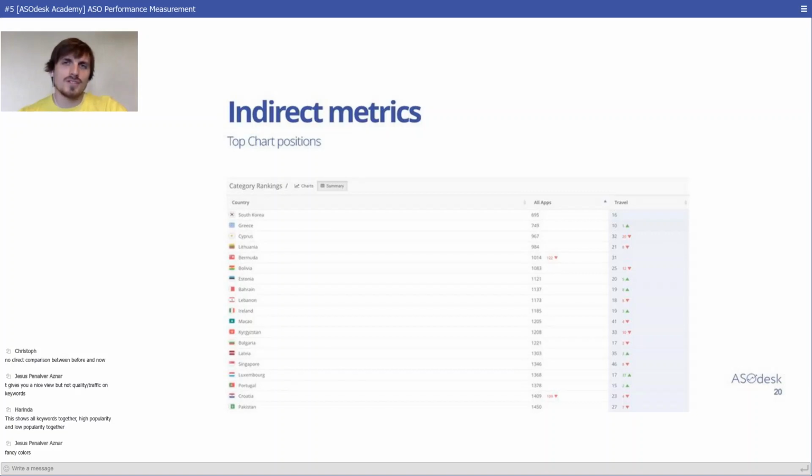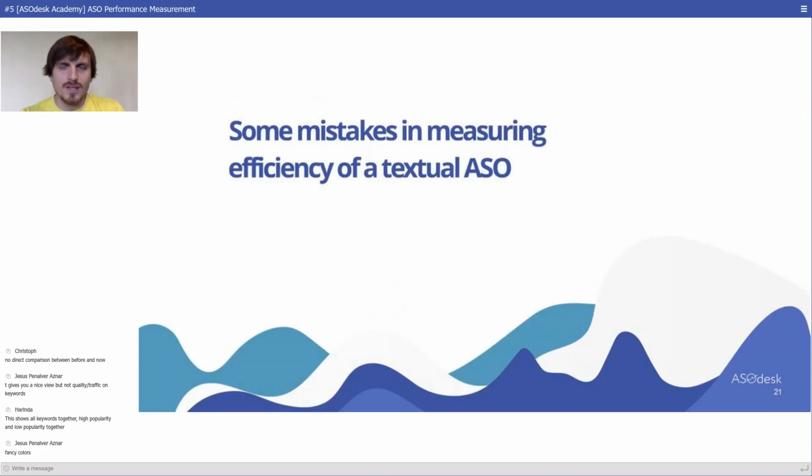Not that you're checking your chart position and thinking that due to the loss of position in the ranking, you're getting worse on the App Store. So